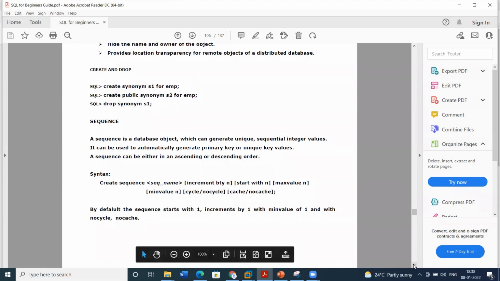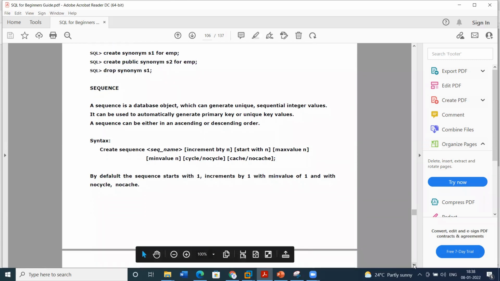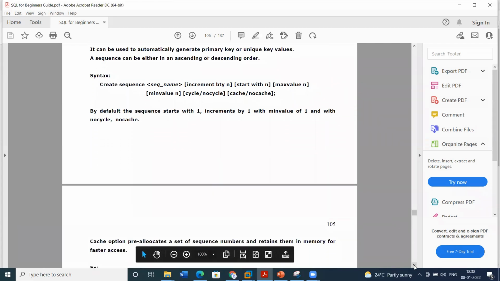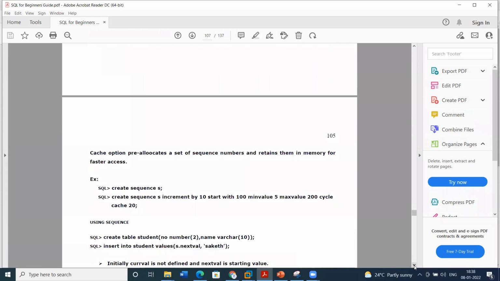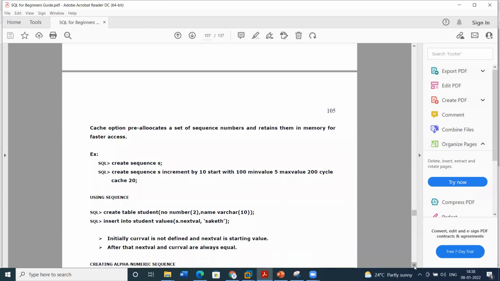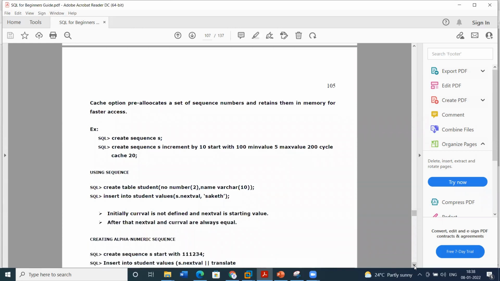Okay. And sequences. A sequence is nothing but a unique number created in the database. Here you can start with a number: create a sequence name, incremented by, starts with, maximum value, minimum value, cycle repeats. So incremented by 1, minimum value is 1, starts with 1. This is the way we can create it. Normally, if you are implementing surrogate keys in your table and want a sequence number when the data is loading, you can use this sequence number. You can create a sequence and assign it to a database table.